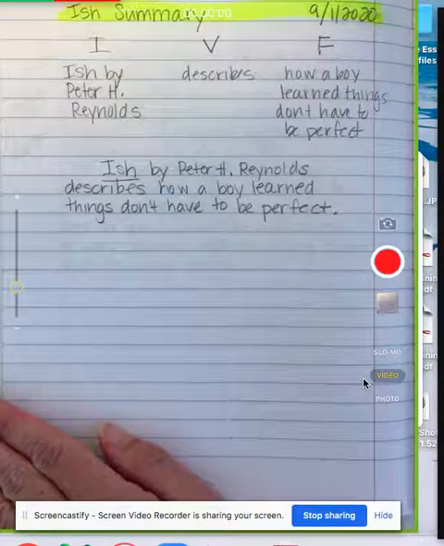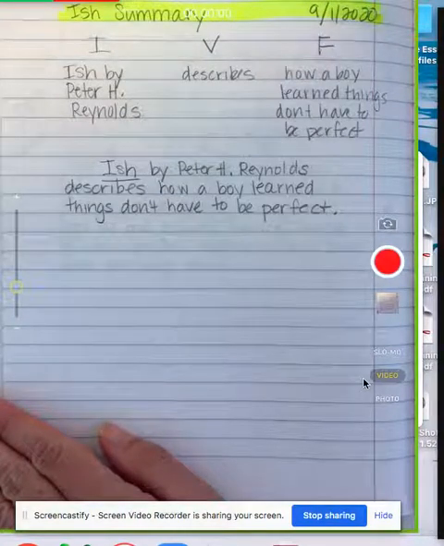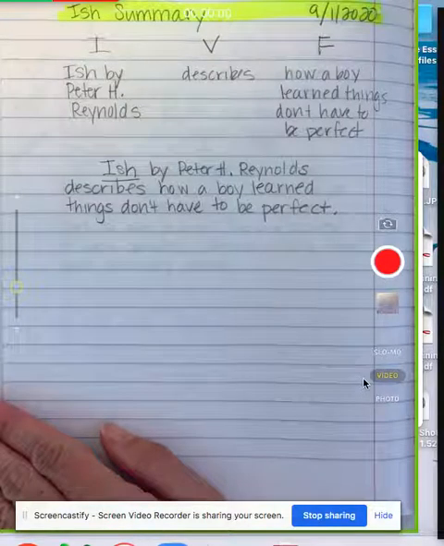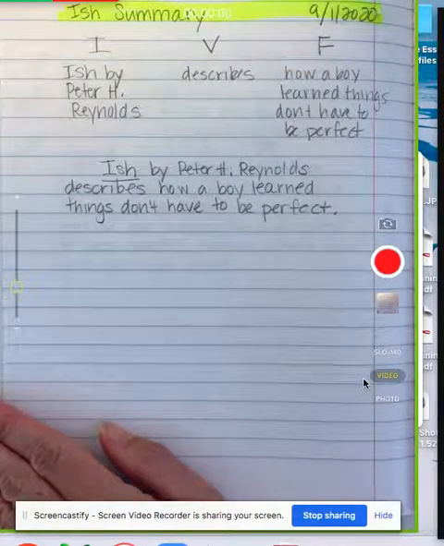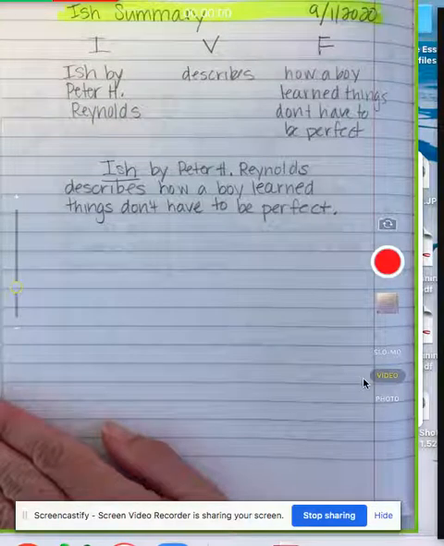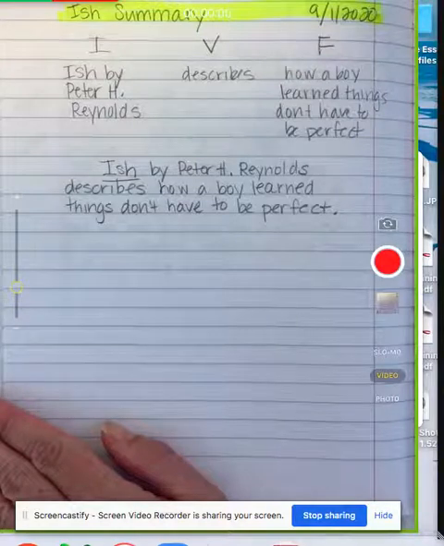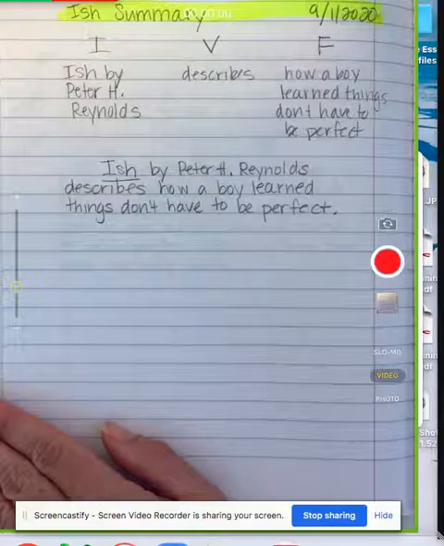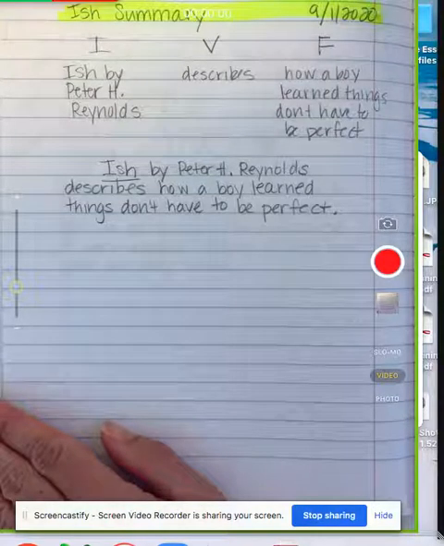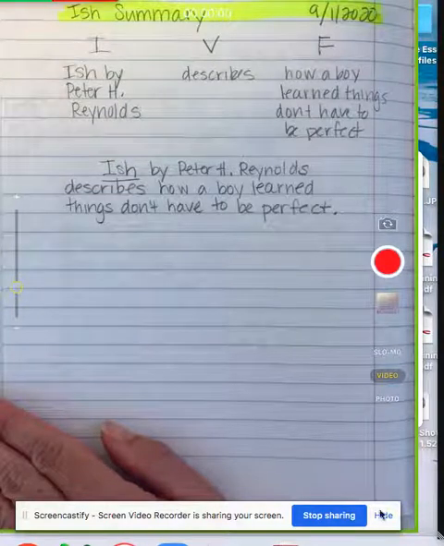Is that kind of what yours looks like, Maggie and Kate? Abby says yes, kind of like this. Maggie, yep. Great. How about you, Sean? Do you have an IVF sentence, Sean? How about Lucas? Is Lucas still there? Okay, all right. So don't freak out if you didn't quite get this far, because you can watch it all again. I'll post it all